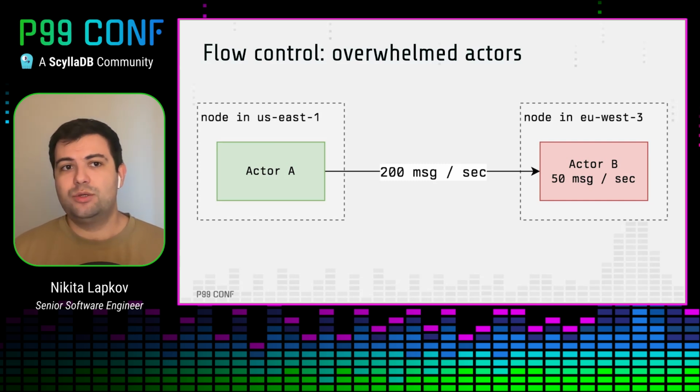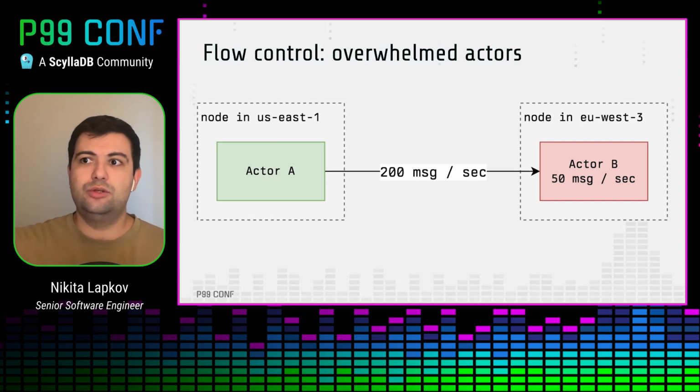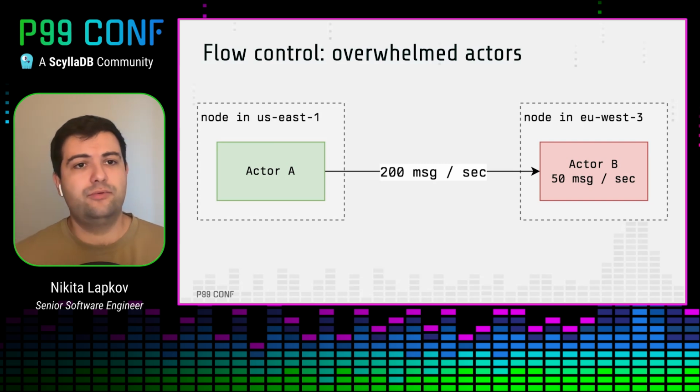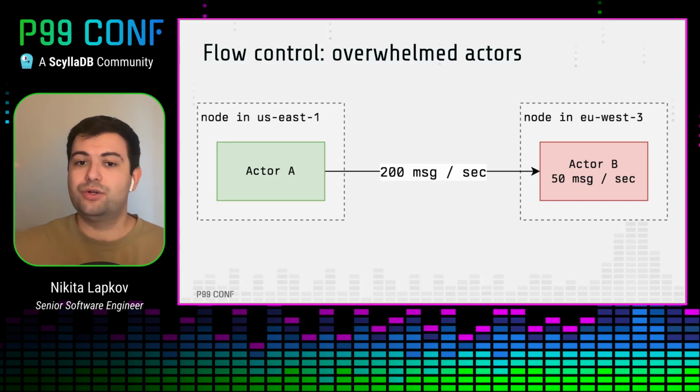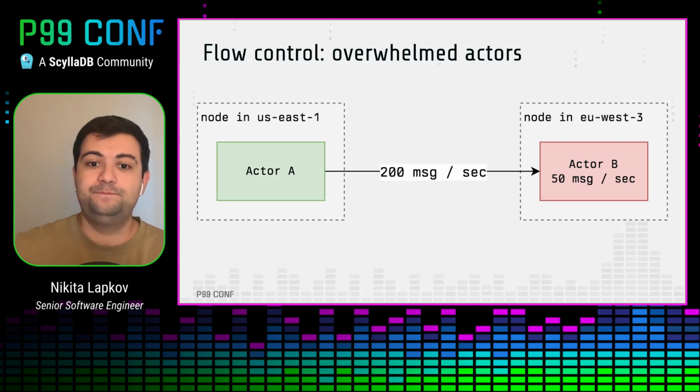To implement that, we're doing TCP-style windows. On the receiving side, there is a window, a certain amount of messages, which needs to be acknowledged as processed before any more are sent. And this is what the control connection is used for. We're sending flow window updates over the control connection to ensure that the sending side does not send more than we can handle.